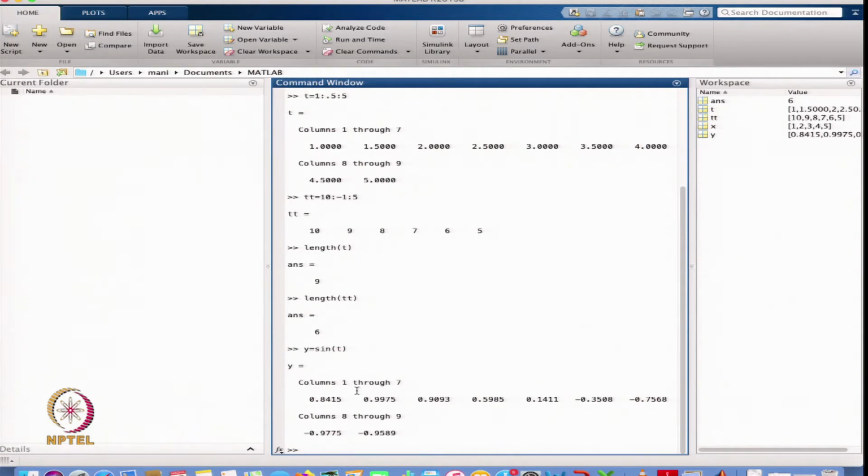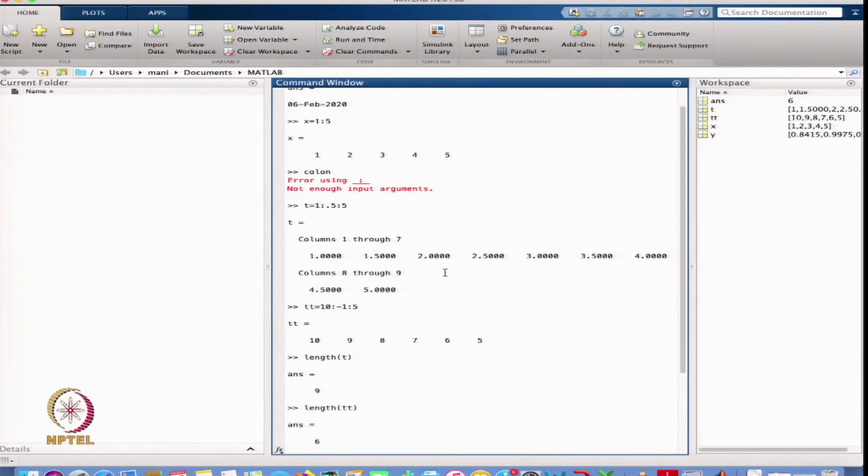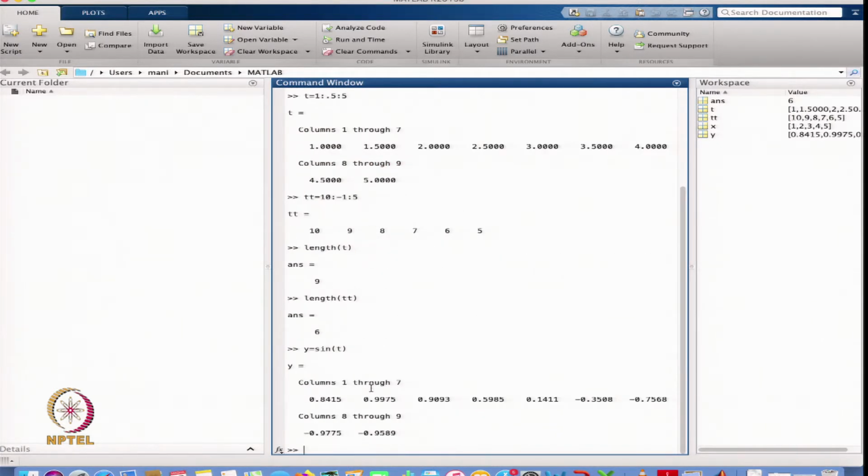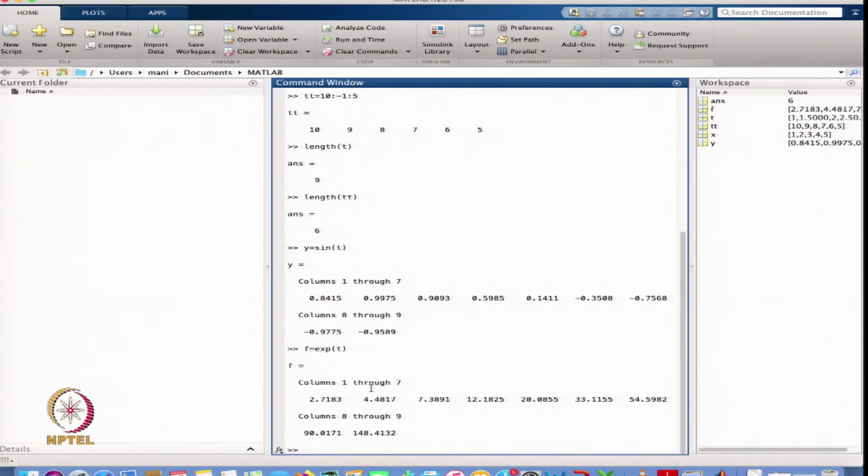That is the value of the function sin t given on the t mesh, which was starting from 1 with subinterval length 0.5 and going up to 5. So this is the function y equal to sin t. Or I can define another function f is equal to the exponential function, exp of t.